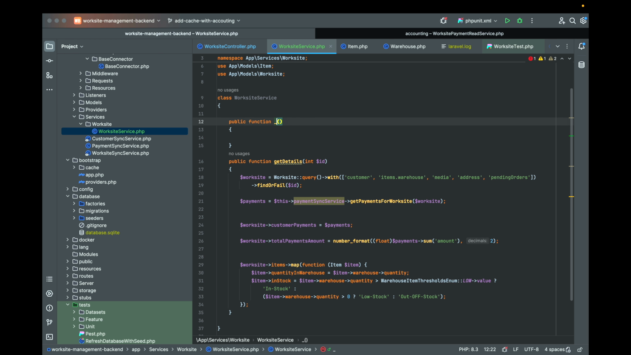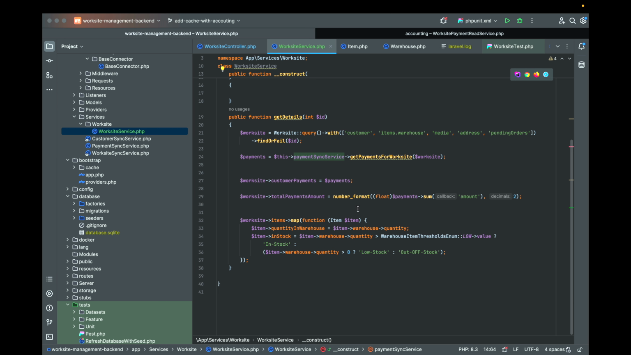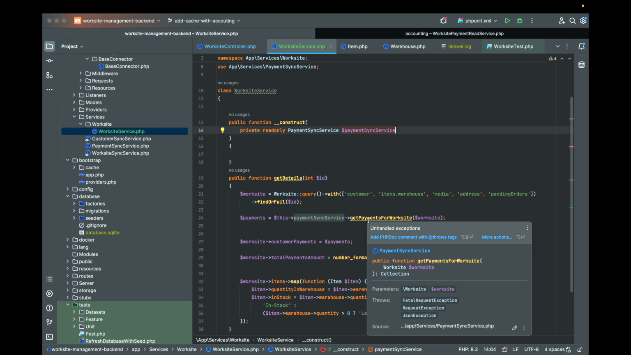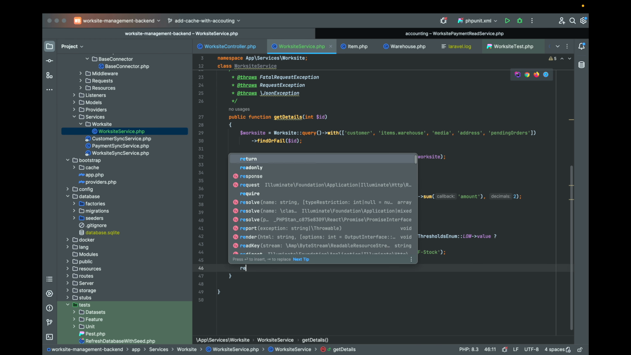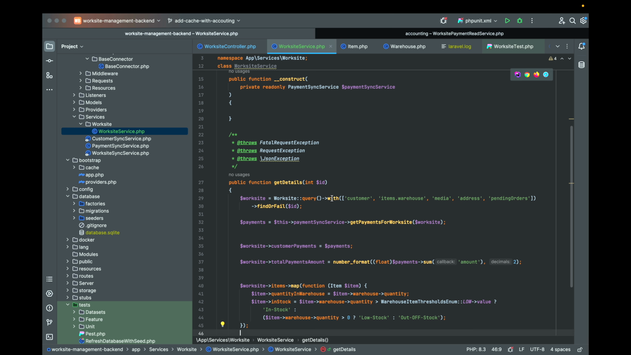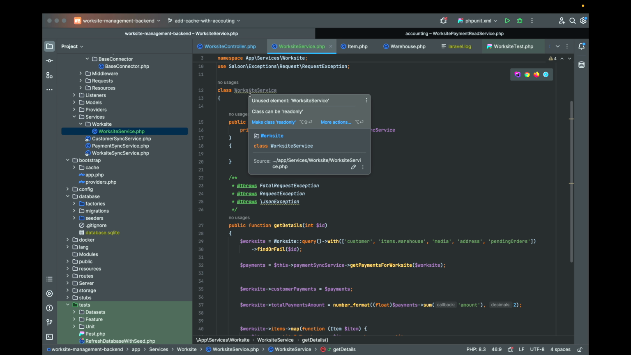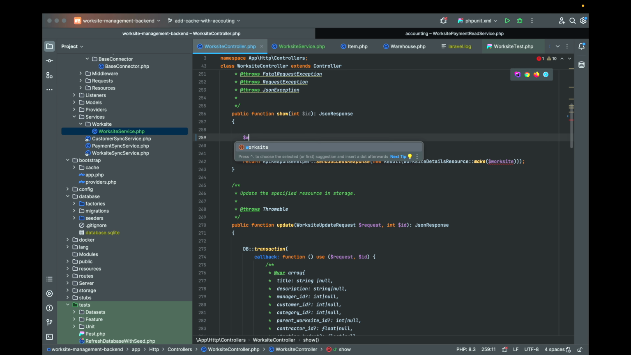Okay, here I need a constructor to handle the dependency injection. And here I have a private read-only payment sync service. Great. So here, what is the error? Okay, nice one. And here I have to return the worksite. Okay, we can make it read only, but for now let's keep it like that. So the worksite will be